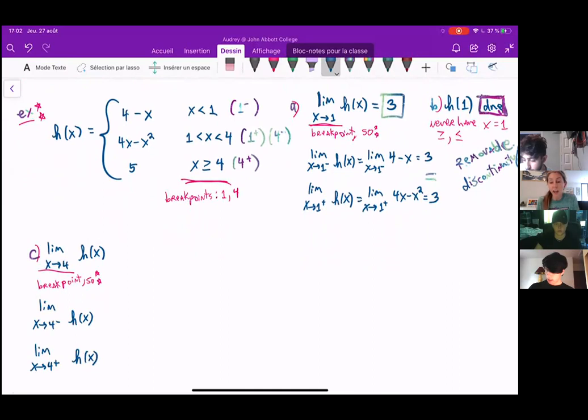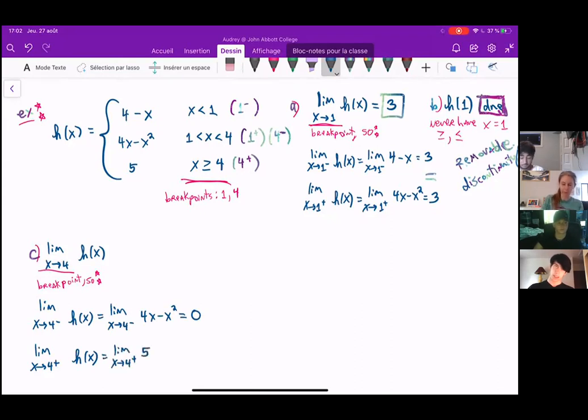We already checked before we even started where 4 from the left is and where 4 from the right is. So 4 from the left was the second function. So that's 4x minus x squared, and when I plug in 4, I get 0. And 4 from the right